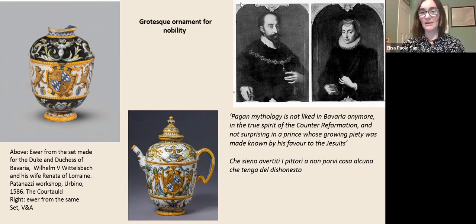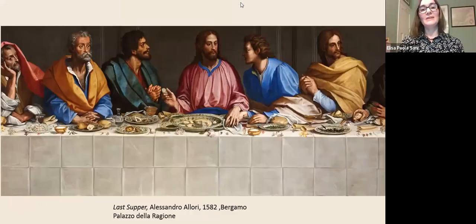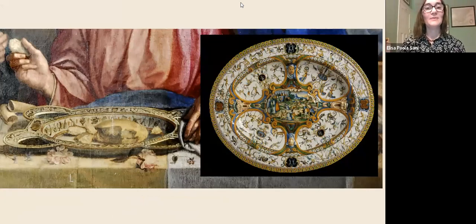It's quite interesting. We can imagine a table all set with wonderful grotesques here on white ground for this wonderful Last Supper, again by Allori, which shows incredible detail, shows all the decorations on this table. And we can see the stunning display they would have made at the table, this type of sets. You can see the very detailed, wonderful shape of dishes, really in the mannerist fashion that still survive today, this type of dish for